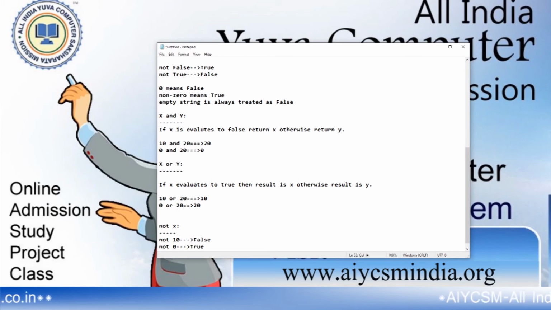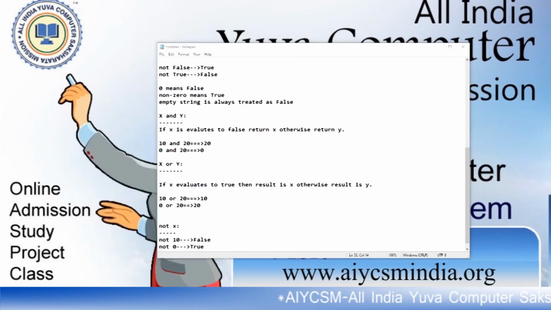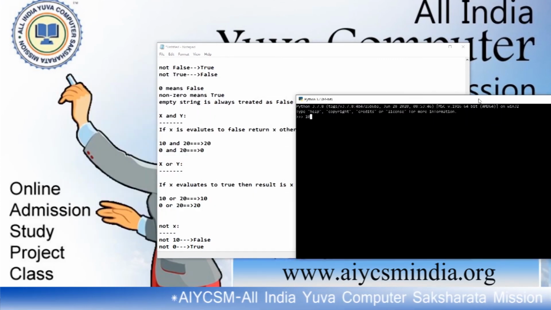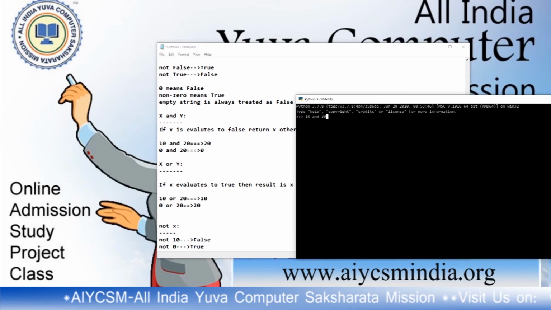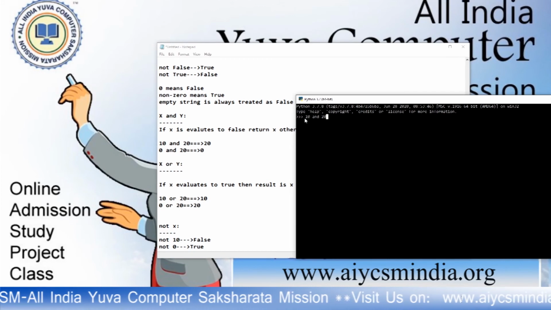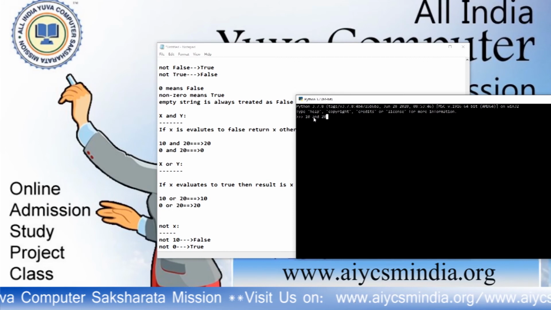If I write this in my Python editor, here I will show you 10 and 20. For the AND operator, if x evaluates false, here this is the x, this is the y, x is not false, so it returns 20 as the answer.